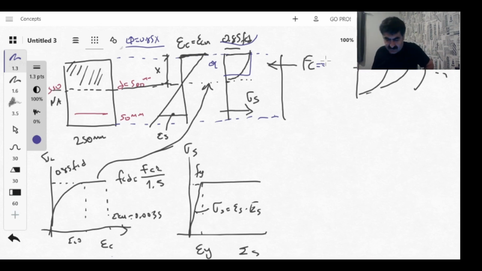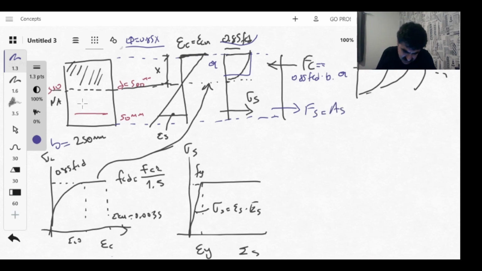I don't know if it can fit it here, but let me write it: 0.85 fcd multiplied by b multiplied by a. So b is the width of the beam section. So this is Fc and this is Fc, and Fs will be in this direction. Fs will be equal to As, the area of the steel, which is this one, multiplied by